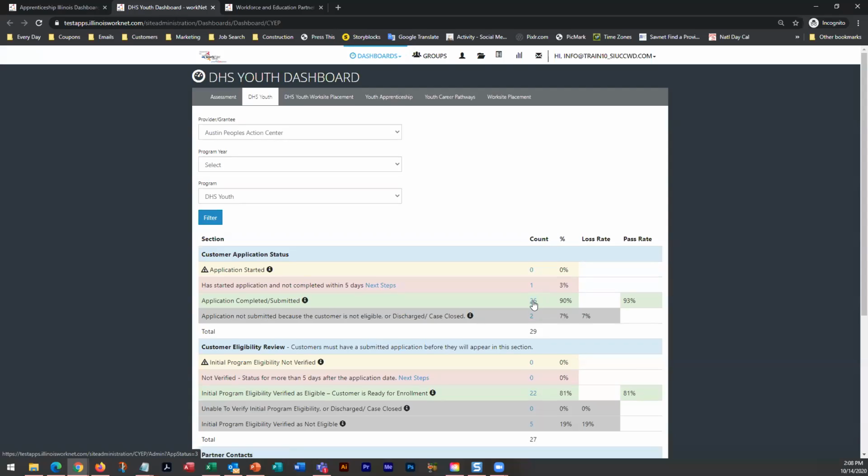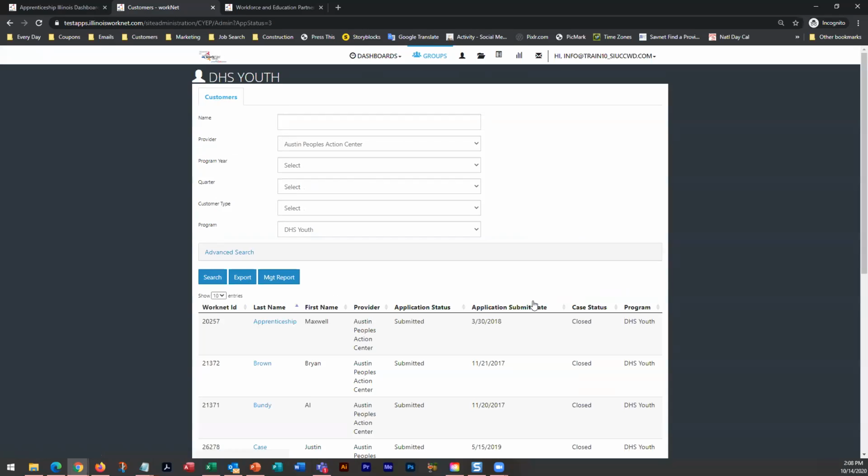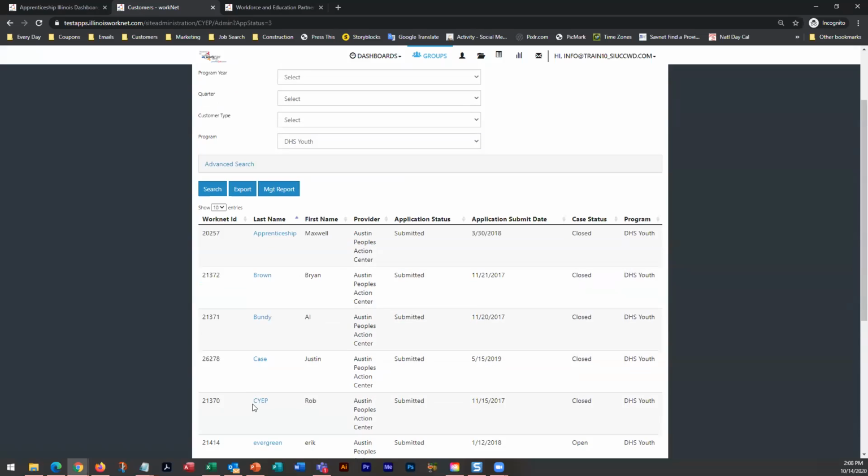If you click on one of the numbers in the dashboard, it will give you a list of customers. So if I click here, it will open up and I get my list of customers. All I have to do to get to that customer's profile is click on the last name, and it will open up that customer's profile for me.